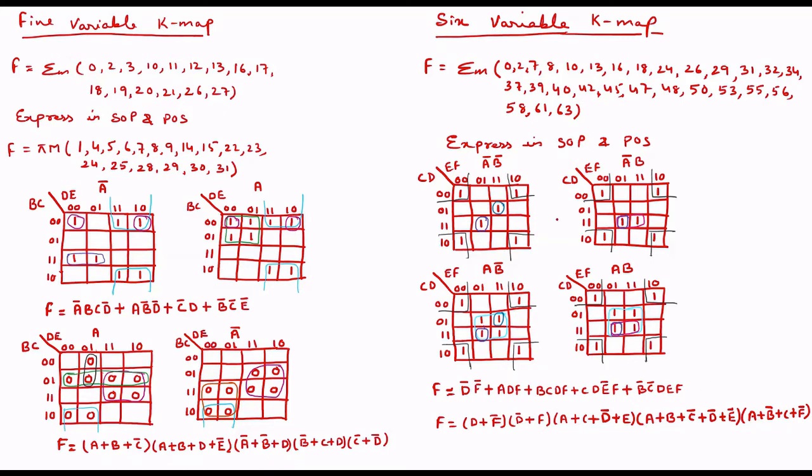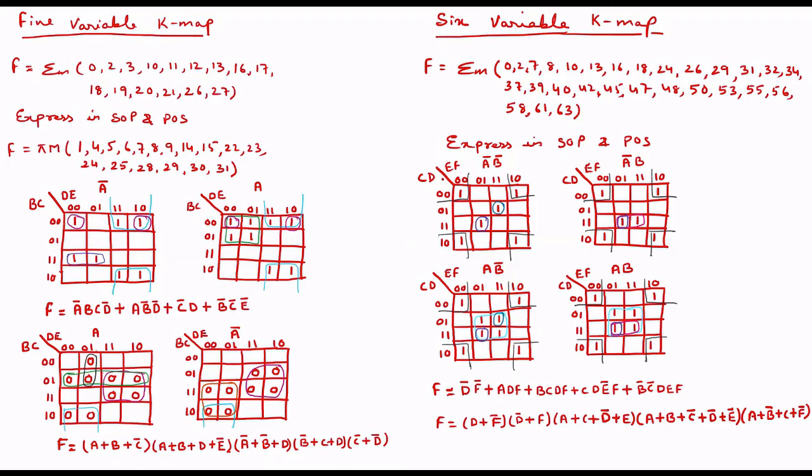I have done only the SOP part over here. You can see I put the values, the min term value is 1, and then I imagine that all the 4 graphs overlap on each other, and then how it is working. You can see over here these corners are forming a group. All these corners will give C, D, E, F, because A, B is not common to all the graphs. So I will be getting C, D and E, F from that common part.